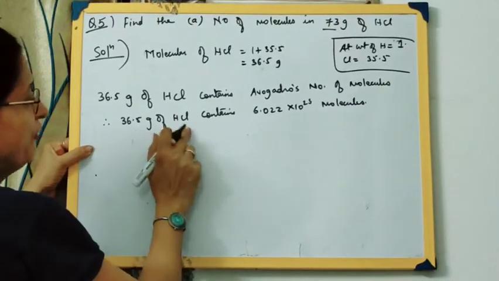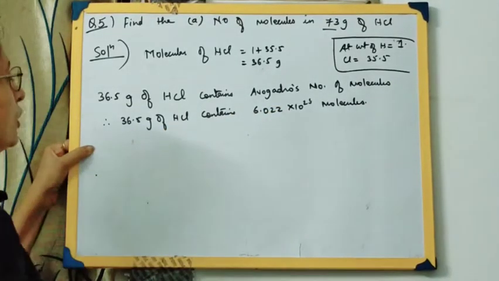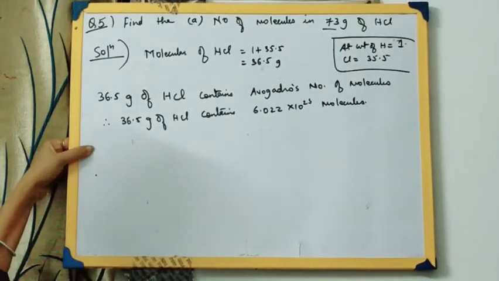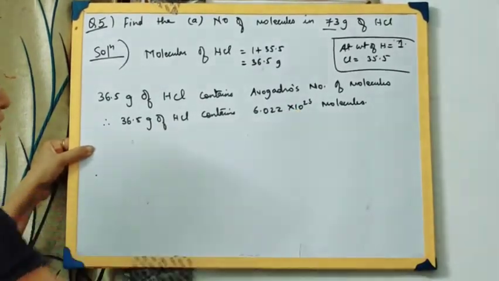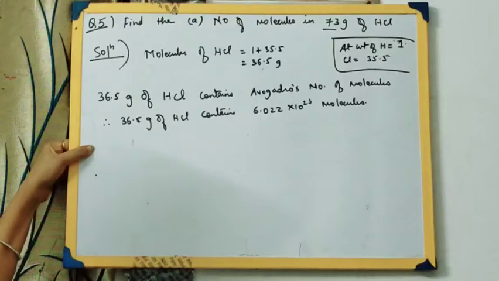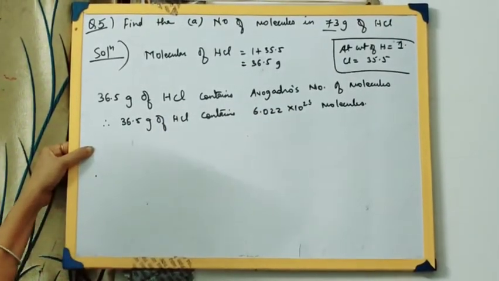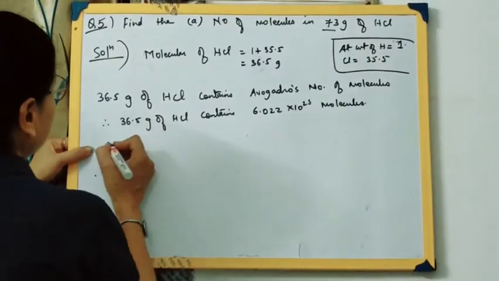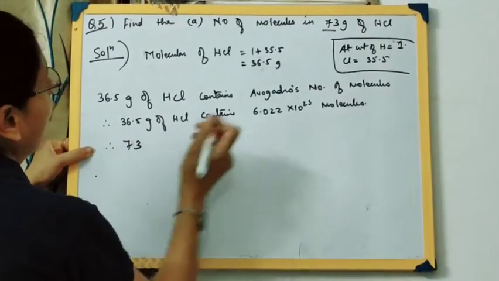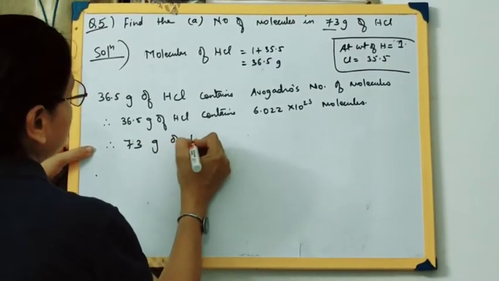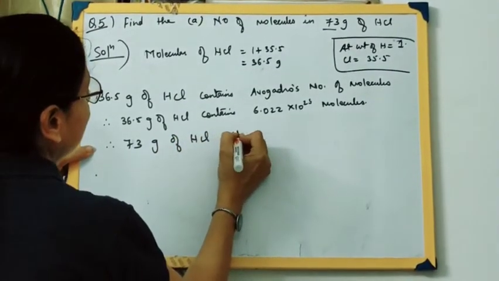That is, 1 mole of HCl contains these many number of molecules. Now 36.5 grams is equal to 1 mole of HCl. So 1 mole of HCl contains Avogadro's number of molecules. So we can say 1 mole of a compound will contain Avogadro's number of molecules. Therefore, you have to find out the number of molecules in 73 grams. 73 grams of HCl will contain,